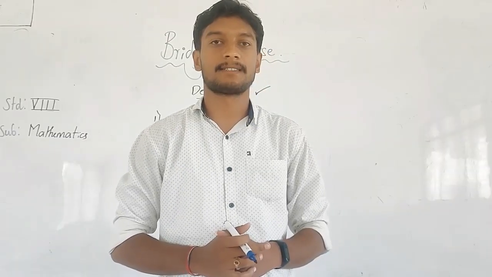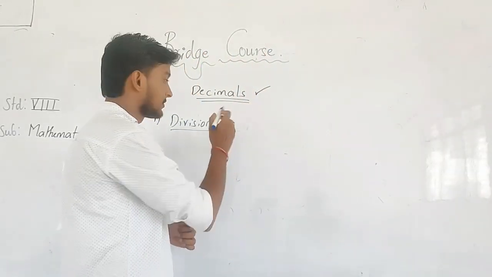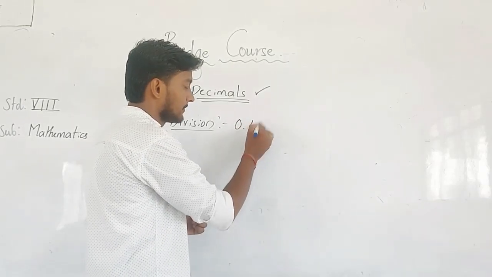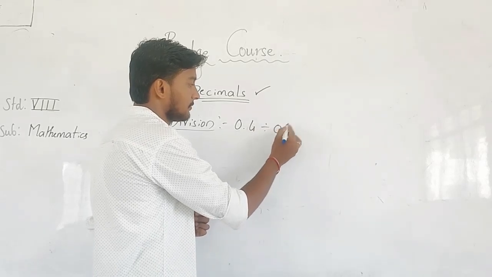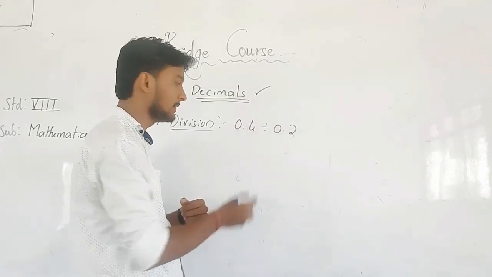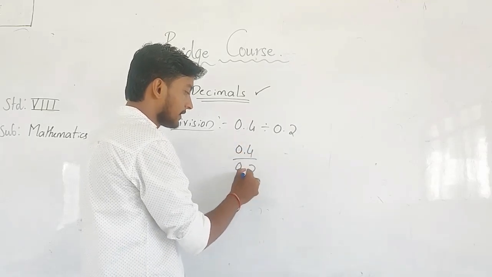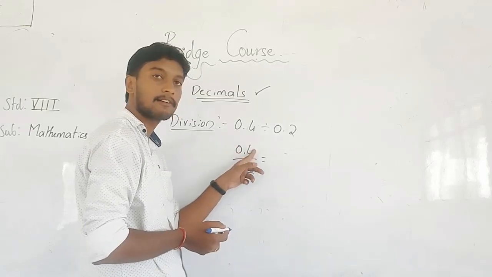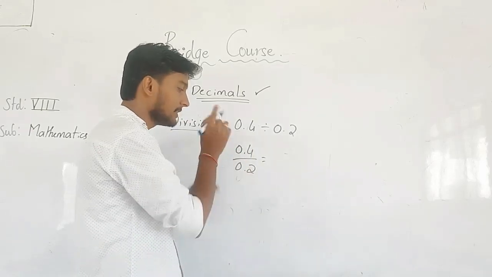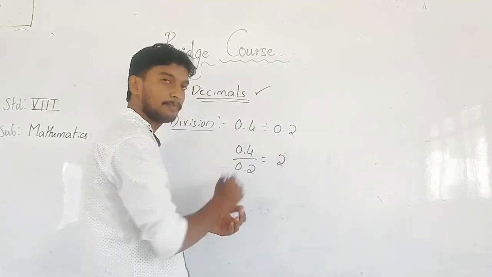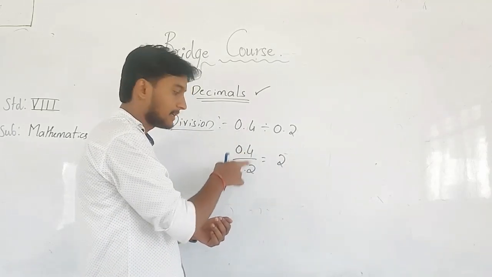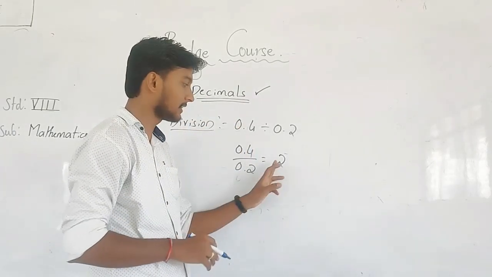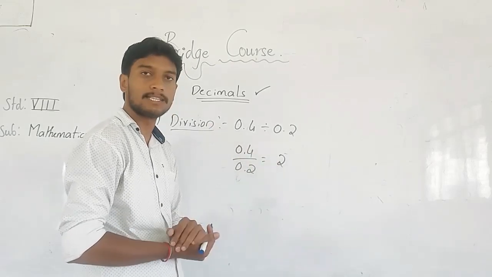Division of the decimals. So here let us discuss the division of the decimals. I will take one example. 0.4 divided by 0.2. You have to divide these two. After the decimal point, on both sides we are having one number. First just divide the numbers. 4 divided by 2 is how much? 2. After the decimal point one number is there, after the decimal point one number is there. Subtract them. 1 minus 1 is 0. So the decimal point we are not getting. So only 2 is the answer.